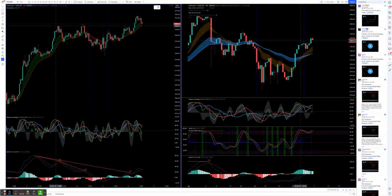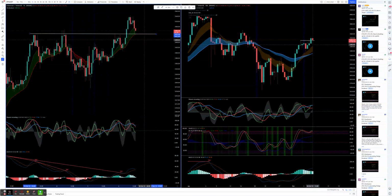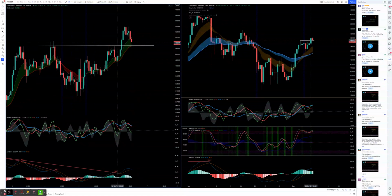So next is Ethereum. We can see that this is a nice resistance level, and we had a breakout. Looking for the retest. Really nice setup actually. And what we want to see is a nice bullish candle forming on top of this for the reversal. And so far,